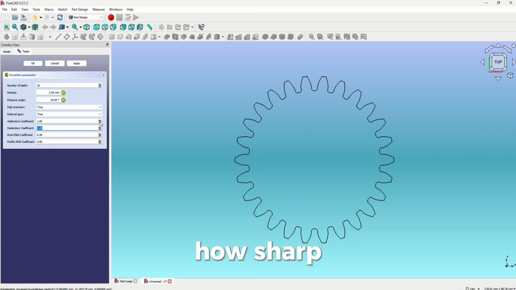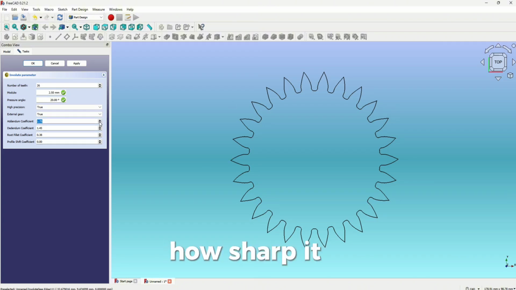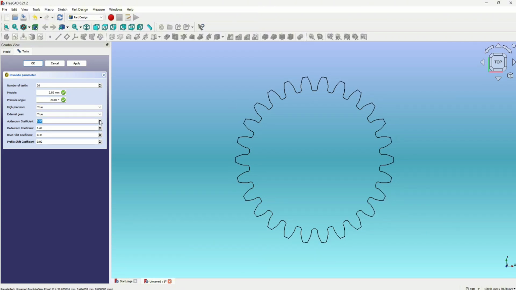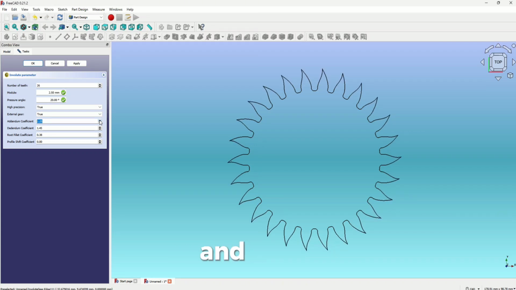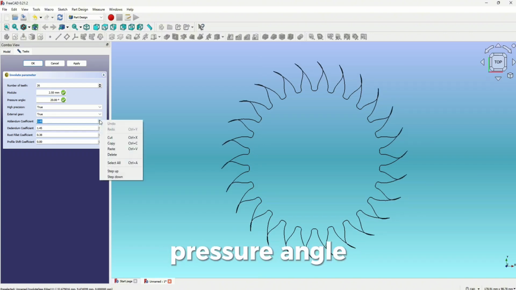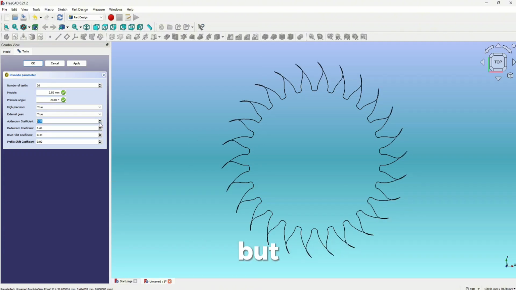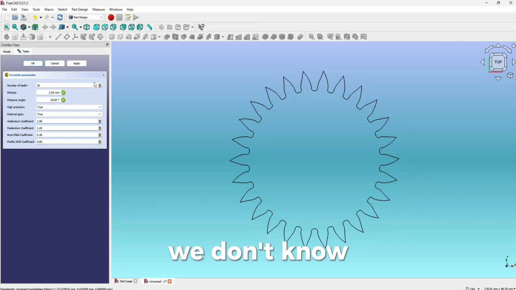how sharp the gear is. This one will show you how sharp it is, or if you want a hard edge or not. Make it a little bit less. There's also this, which kind of acts like a pressure angle, but it adds a little edge to it, which maybe is useful. I don't know a lot about gears, but anyway,